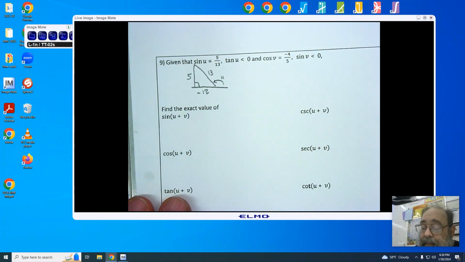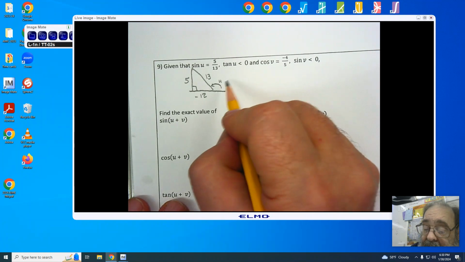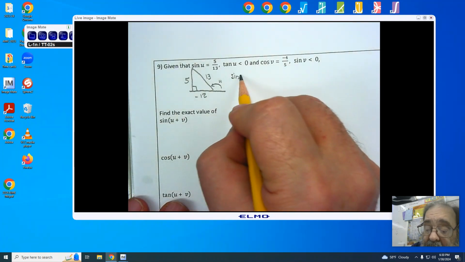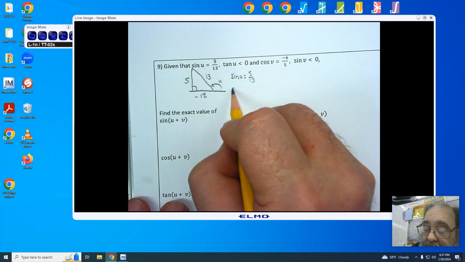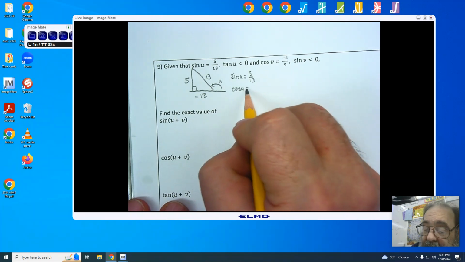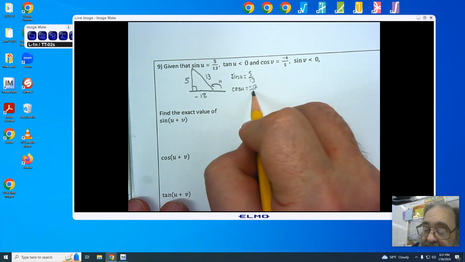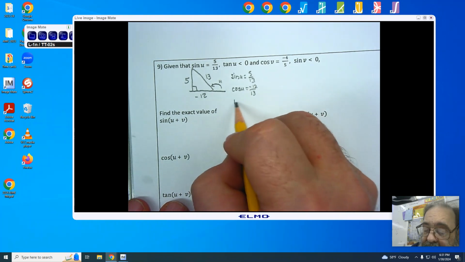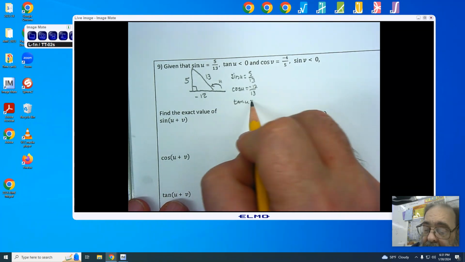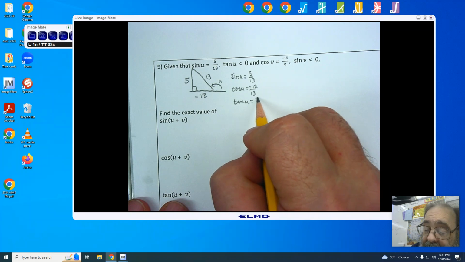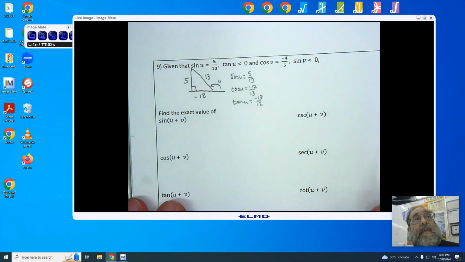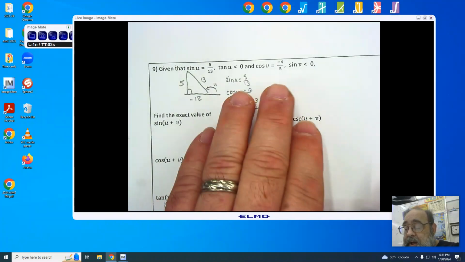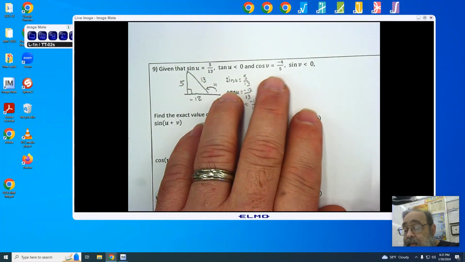is negative. This allows us to now find that the sine of u is equal to 5/13. The cosine of u is equal to -12/13, and the tangent of u is going to end up being -13/12. Then we look at the second part, and we see that we have a cosine that is negative and